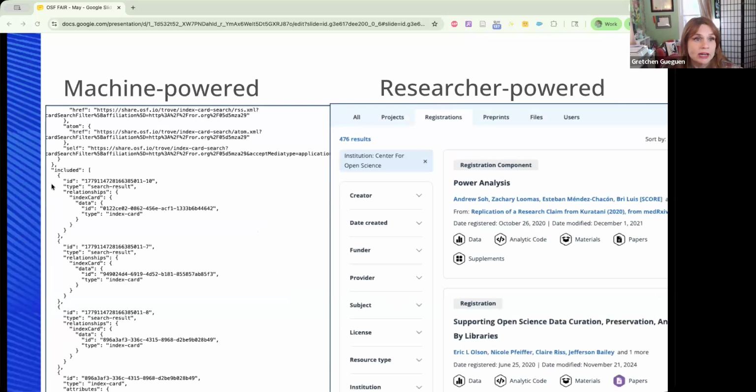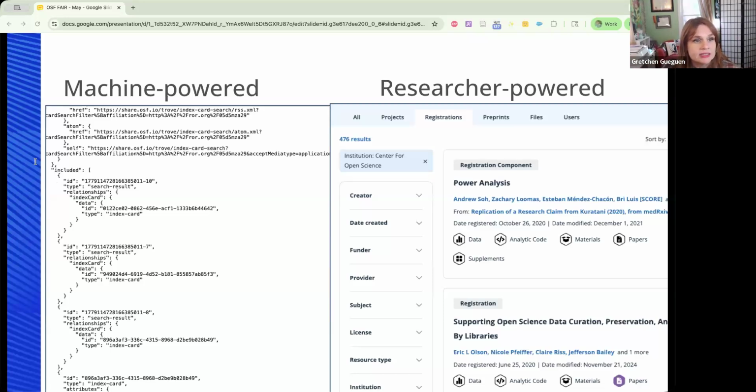So a search or analysis of metadata that's machine powered has to be extremely consistent and formatted and uses a specific syntax. Well, search and analysis that's researcher powered can leverage things like colors and layout and other clues that humans can understand. So the FAIR guidelines tend to focus on the former, but it has been extended by many to aspects of human readability.